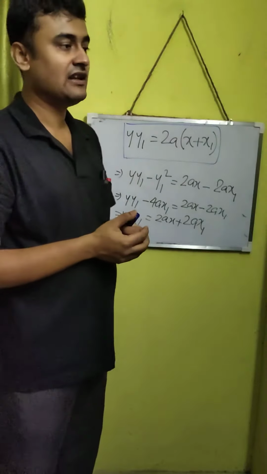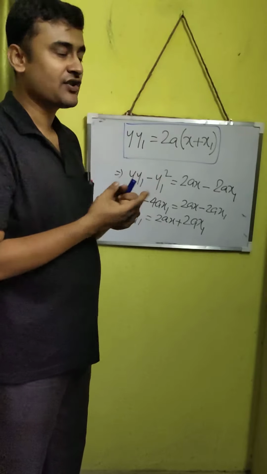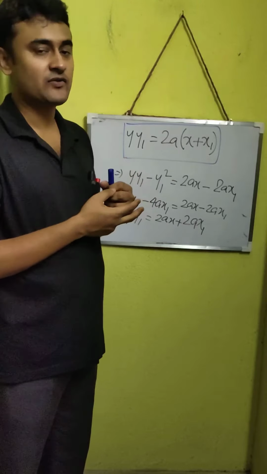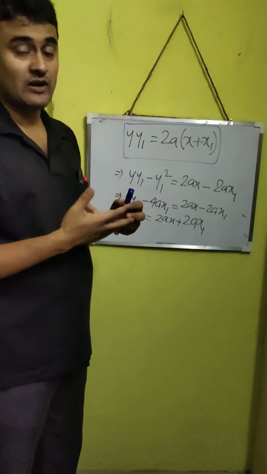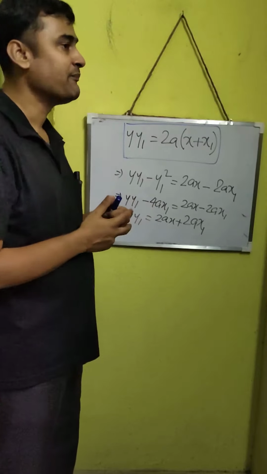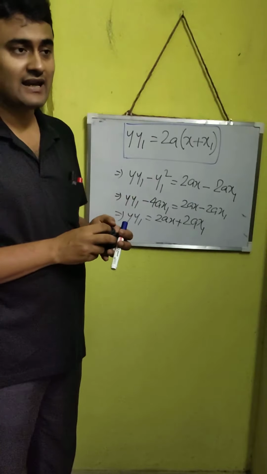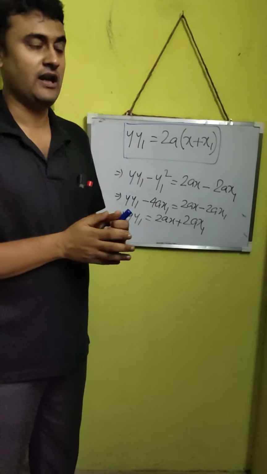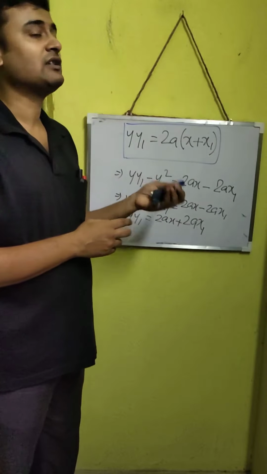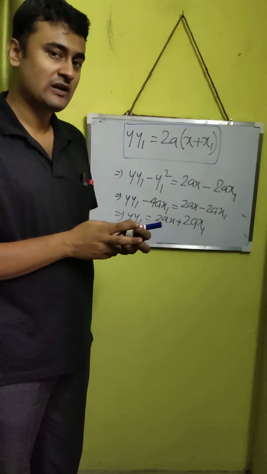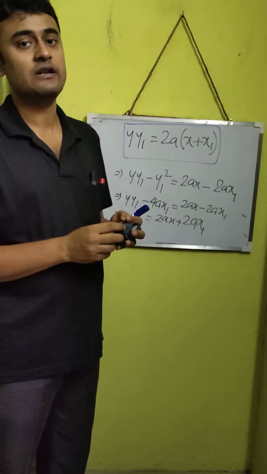Now we have some standard curves. If you remember from class 11 syllabus, we have the circle, and there are two equations of a circle, x square plus y square equal to a square, and x square plus y square plus 2gx plus 2fy plus c equal to 0. Then we had the parabola y square equal to 4ax. I am talking about the standard equations only. Now we got the ellipse x square by a square plus y square by b square equal to 1, the hyperbola x square by a square minus y square by b square equal to 1, and the rectangular hyperbola also, xy equal to c square.